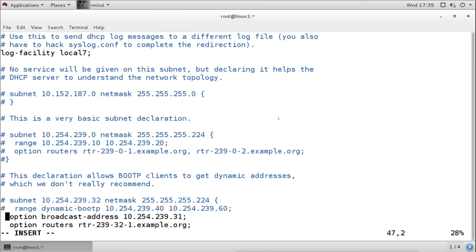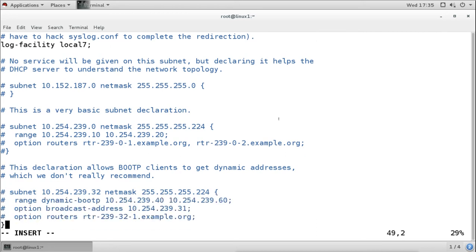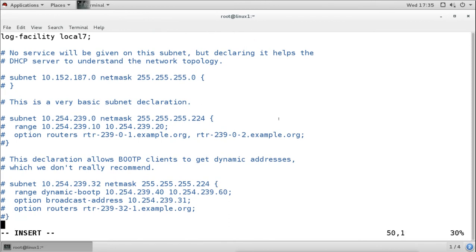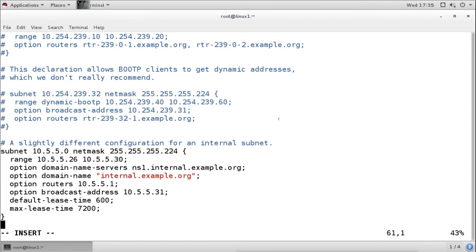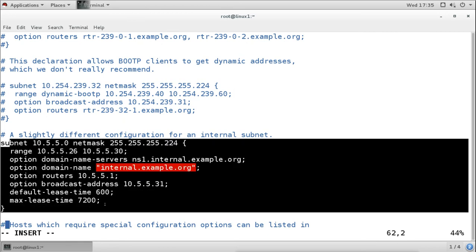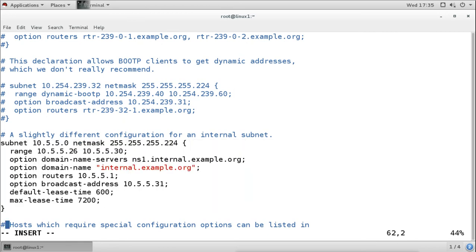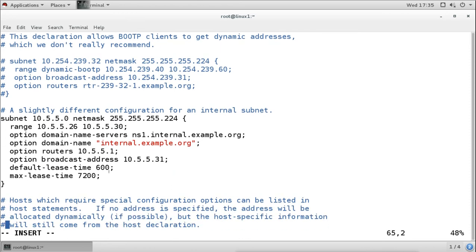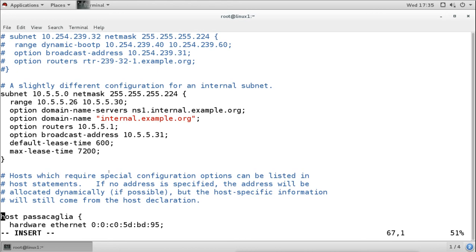So I am commenting this also. Now in this sample we have all the settings which we require, so I will not comment this one. I will use this one, and I will modify it according to our network. Now I don't need this one.